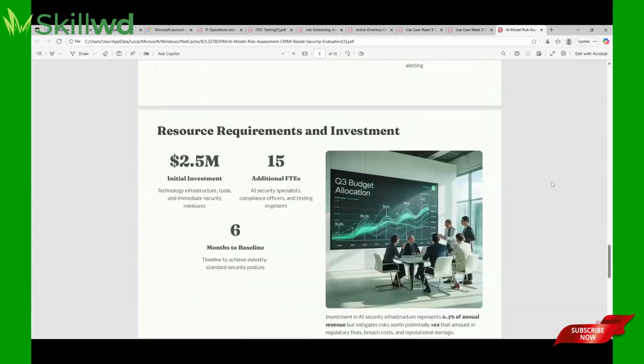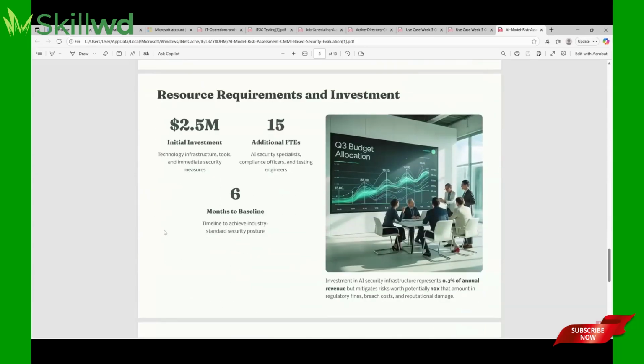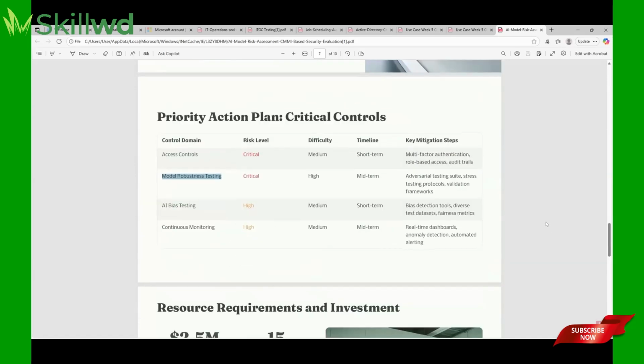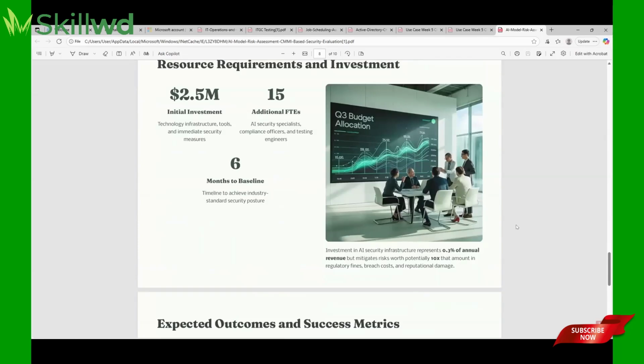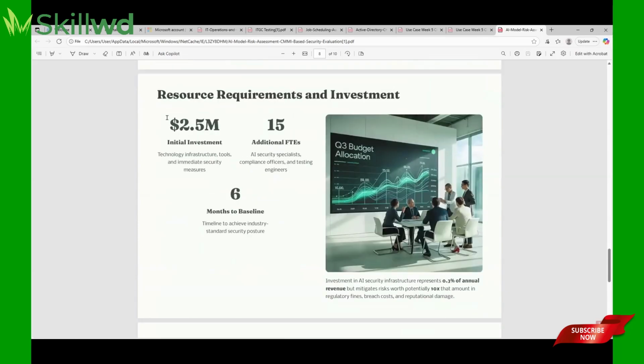So based on the key mitigation we're suggesting for that, Alfred, please go back up. For the action plans, we're suggesting multi-factor authentication, role-based access, and audit trail for the access control. That's the key mitigation. And for the model robustness, we're giving them adversarial testing suites, stress testing protocols and validation frameworks. And then we're giving them a resource requirement and investment. So if they can invest $2.5 million